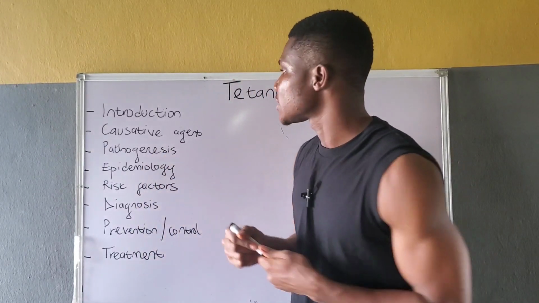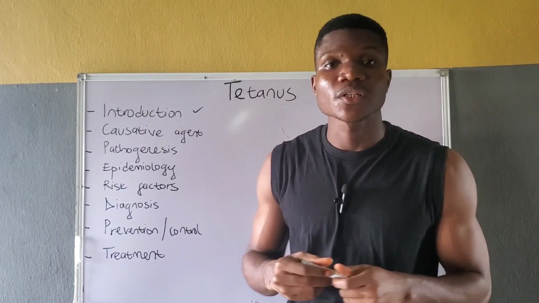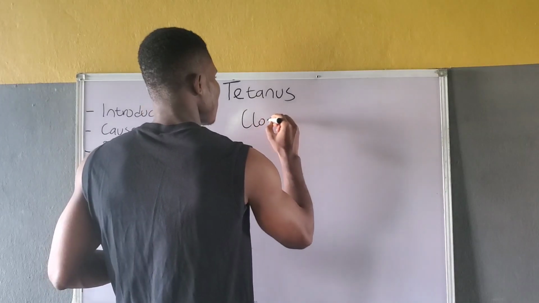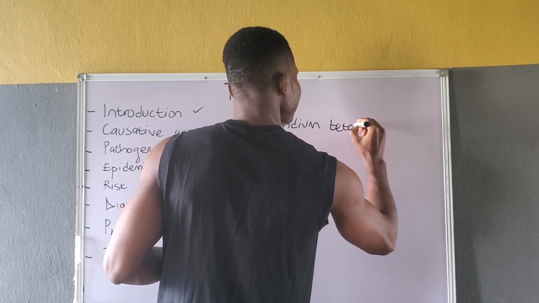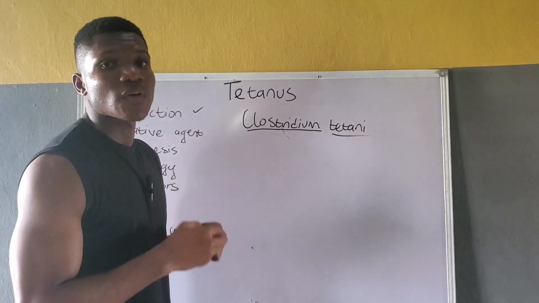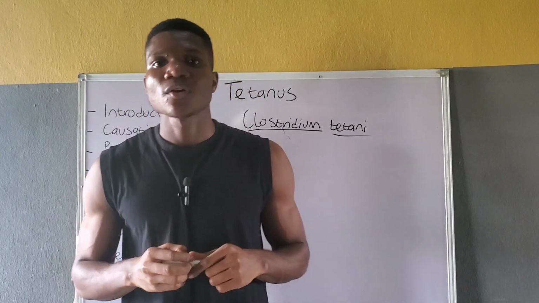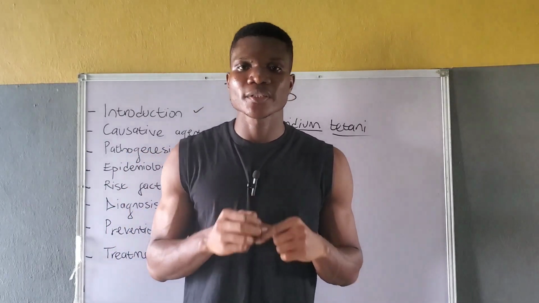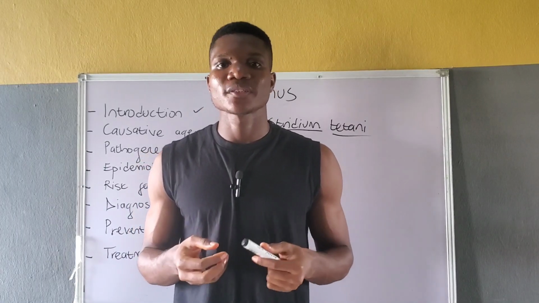Let's talk about the causative agents. The causative agent of tetanus is Clostridium tetani. Clostridium tetani is a gram-positive, rod-shaped, spore-forming, obligate anaerobic organism that is commonly found in contaminated soil, animal feces, dust,